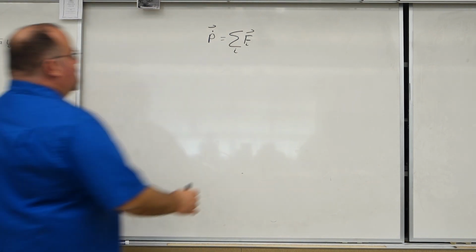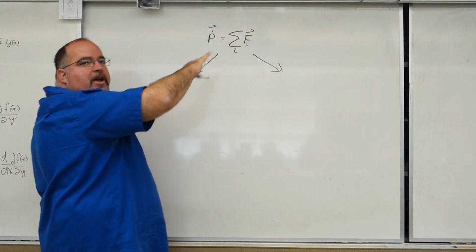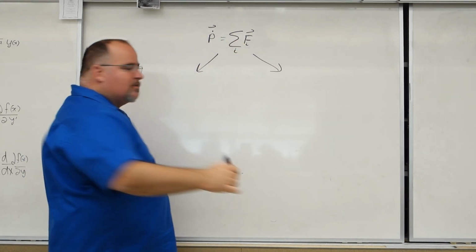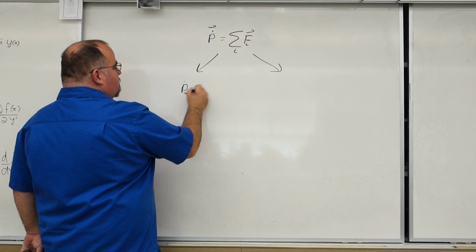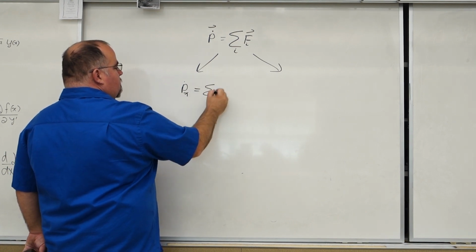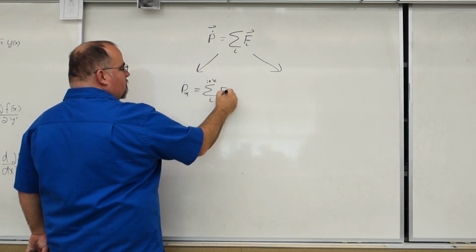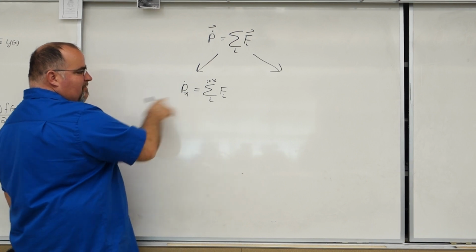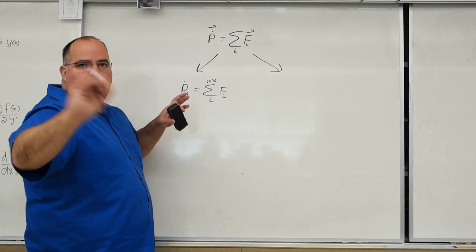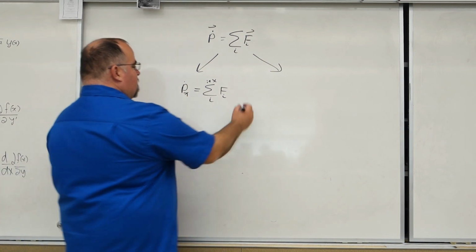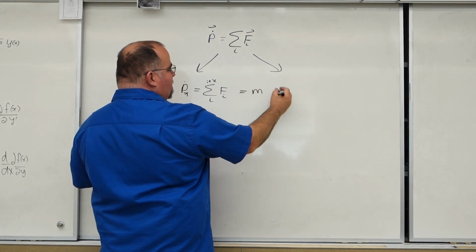So this could be broken up into two. Instead of using vectors, we're going to break it up into components. Is that fair? So then let's talk about this. P dot X, sum of the forces in the X direction. Notice there's no vector symbol anymore, and this has a subscript X. I need to leave room for the i here because that's just saying you're summing over all the forces. And this could be rewritten as, if the mass is constant, mass times